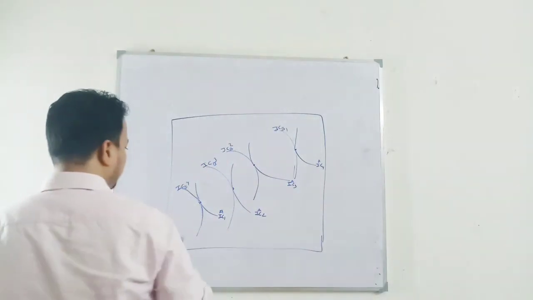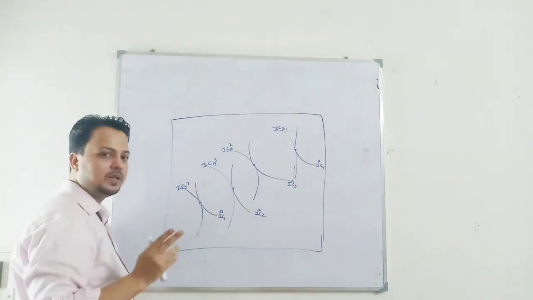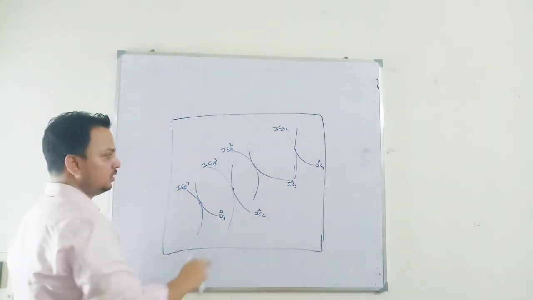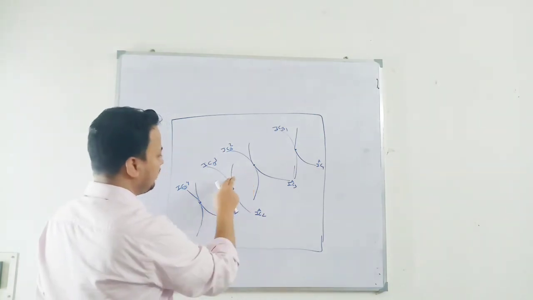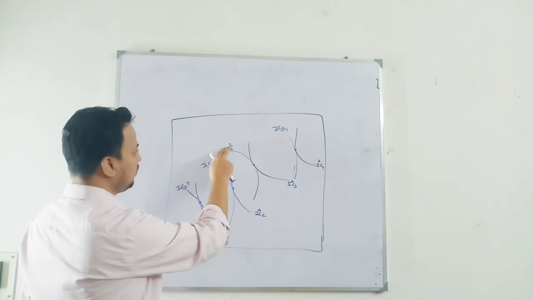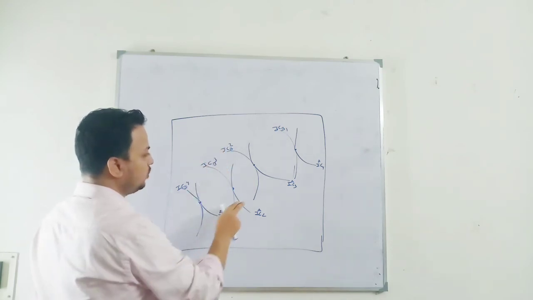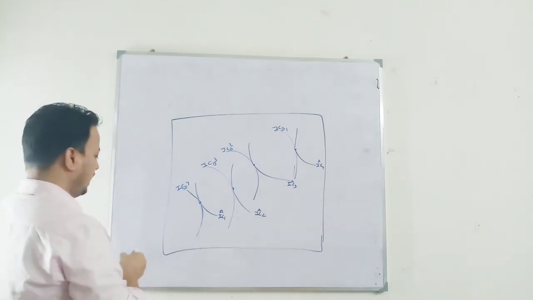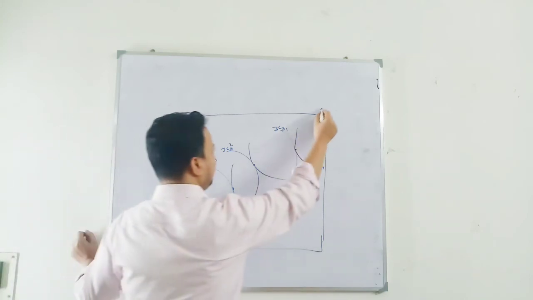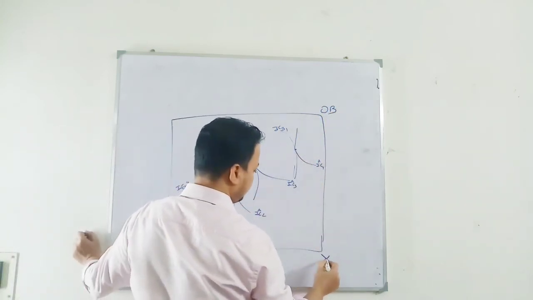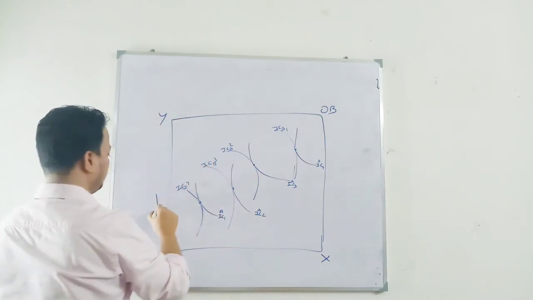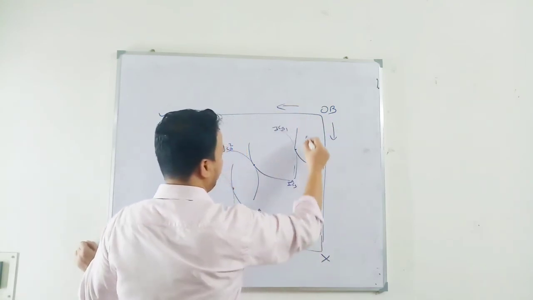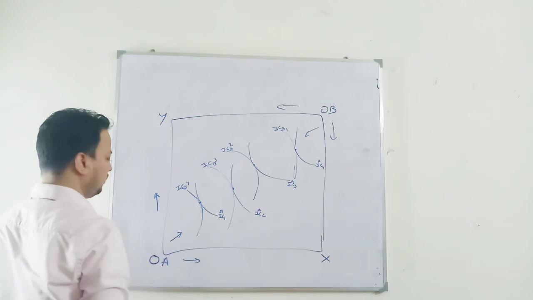So what is Pareto efficient? When it is not possible to make someone better off without making another worse off. If I want to make A better off, I need to make B worse off. Suppose I am here, and I want to make B better off, moving from the 2 to the 3 indifference curve; I need to reduce the utility of A from 3 to 2. And this is the origin of A, this is the origin of B. This is your x axis and this is your y axis. Goods will increase in this direction for one, and in this direction for the other. Higher utility will be this side, and higher utility will be from this side.